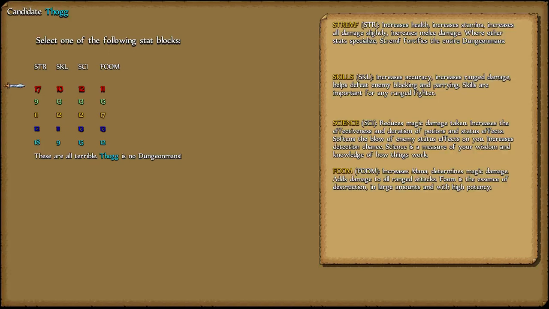And then you bring in a candidate into your academy. So let's go ahead and call him Thog. Well, after you give your candidate a name, you get to pick a stats list from 5 randomly generated